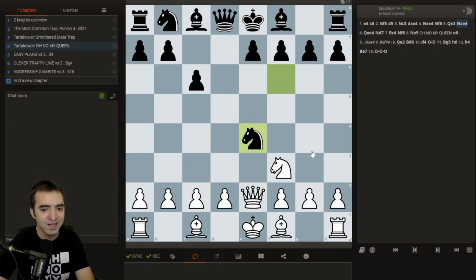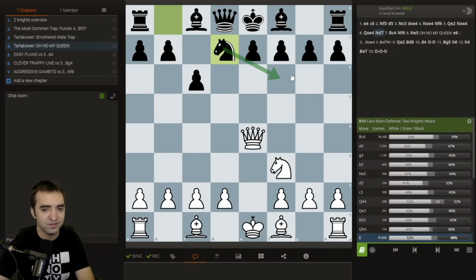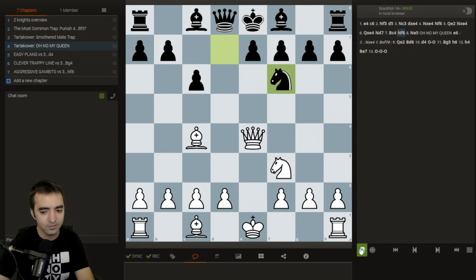And now after takes, takes. One of the main plans for black here, actually the most common move, is to now play knight d7 to bring this knight to f6 and to try to attack the white queen. And here we can just complete development, bishop c4, knight f6. And this is another moment where we're not going to move our